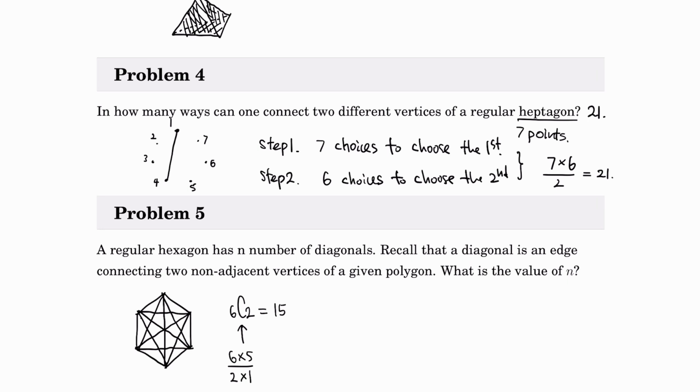So let's count this directly. 1, 2, and 3. 4, 5, and 6. And if I change the color to black, 7, 8, and 9. That indicates that we have to get rid of 6 regular edges. So that means we have 9 diagonals. Right, so the answer for